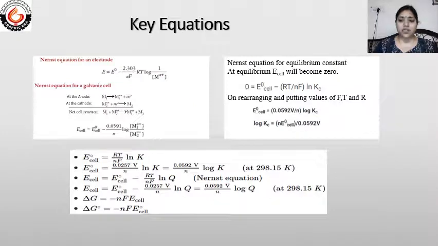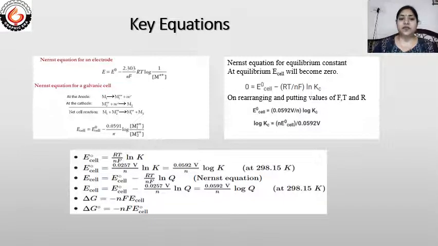Some key equations, like the Nernst equation of an electrode, we already derived. If we want to derive the Nernst equation for a galvanic cell, then as we know a simple formula, that is E naught cell is equal to E naught cathode minus E naught anode. So here we will put the values of two different half cells in that formula, and after rearranging we will get the final formula for a galvanic cell, which is E cell is equal to E naught cell